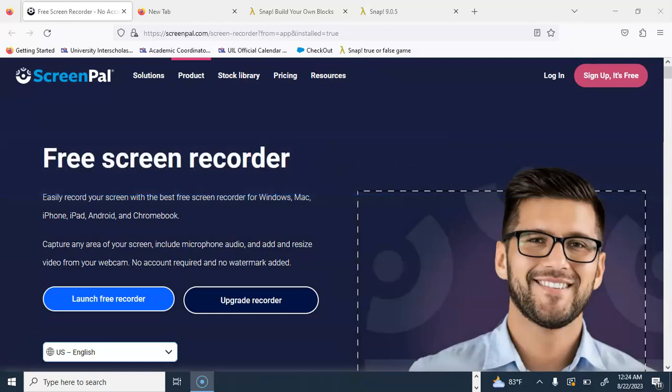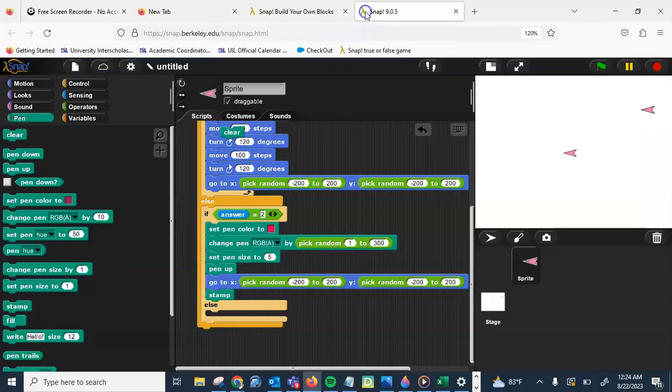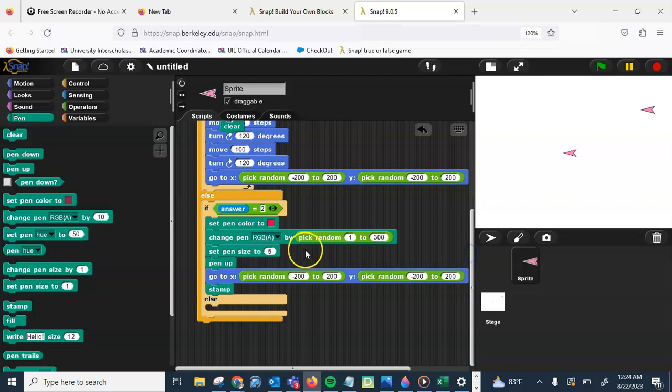So I was trying to keep the video under 15 minutes, but it looks like that's not going to happen. I am going to then work on the second if statement and then the second else statement. So here pretty much what I have is if answer equals 2, then it's going to